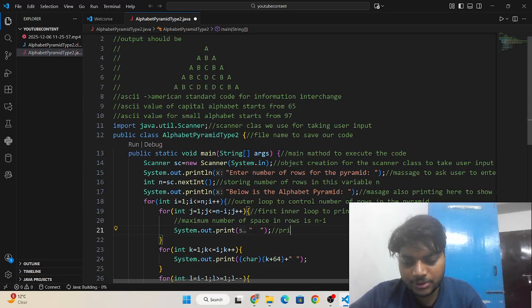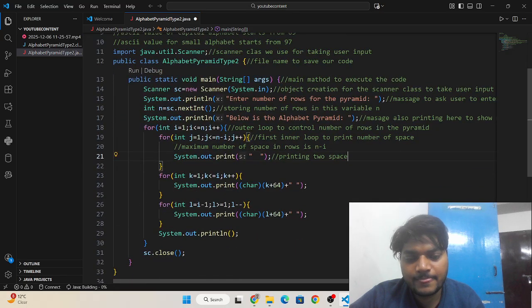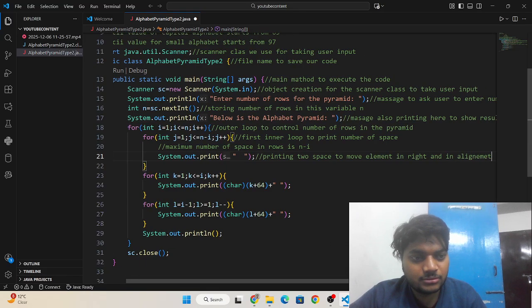We are printing spaces here, with the cursor not moving, so the elements are in right alignment.